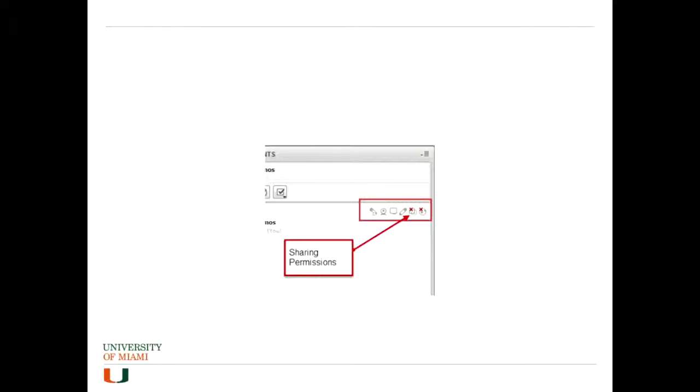Sharing permissions, this allows you to grant sharing permission to somebody. So if I want to grant access to one of the students or one of the person attending the session, if I want them to be able to share something, I can grant them the sharing permissions. And then the web tool permission, which will allow them to show a web page to everybody attending the session.